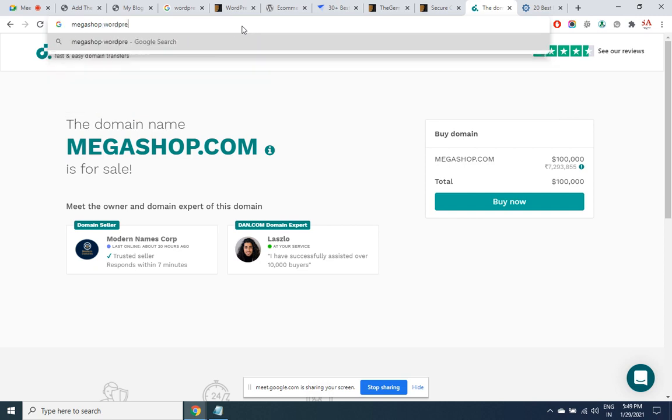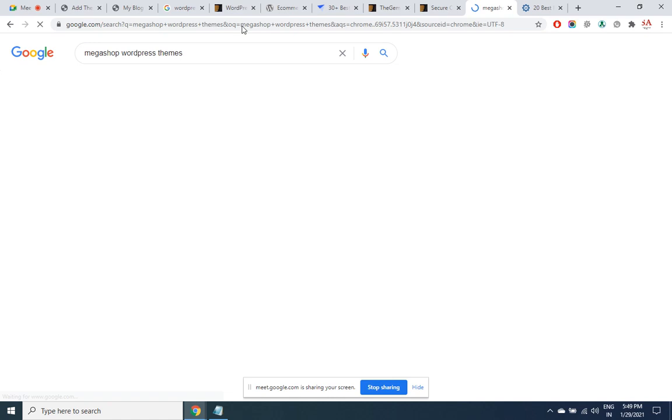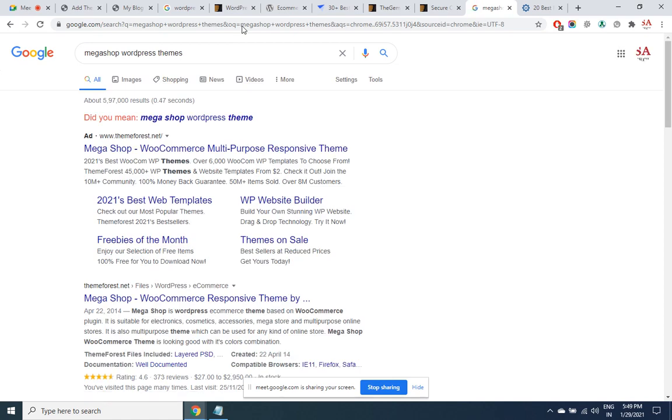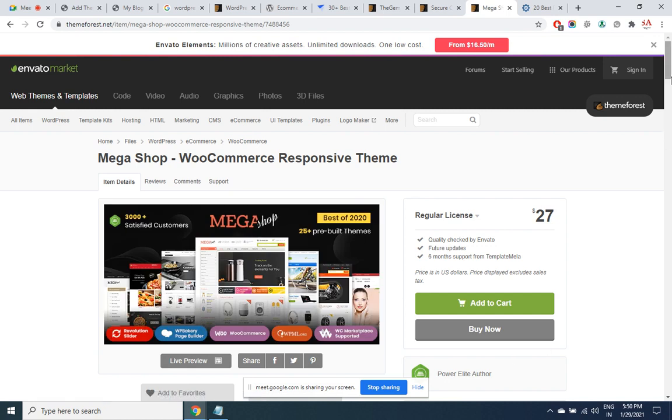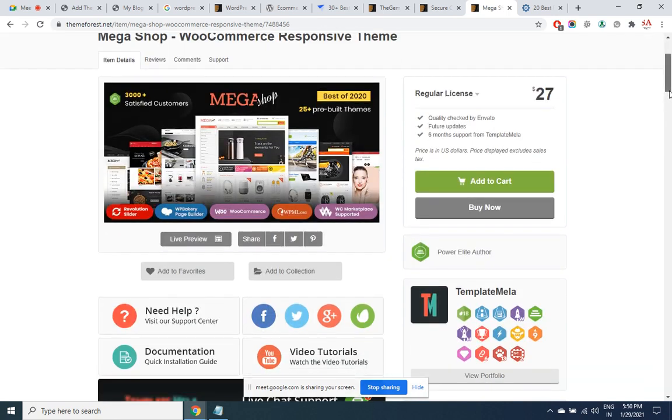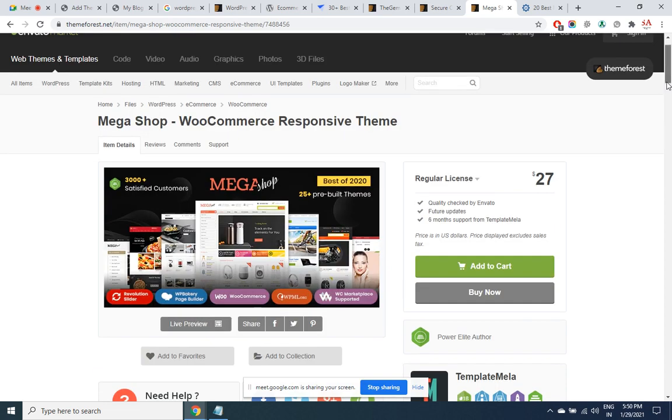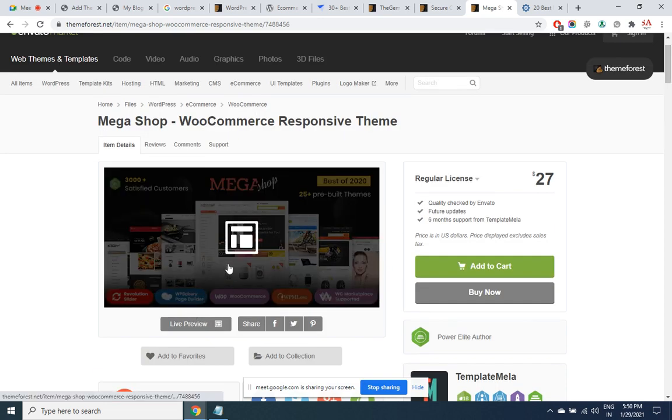Mega Shop WordPress themes. There are 12 themes within Mega Shop. This will also cost you somewhere around $60, only $27. Very nominal price. So 3,000 rupees and e-commerce site is ready for you. Domain and hosting you got to pay separately. This is only the cost of the theme. Let's have a preview.